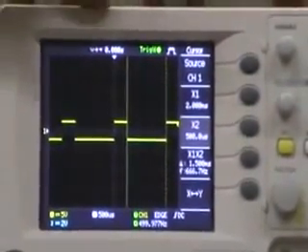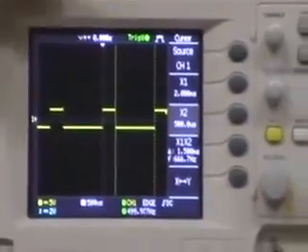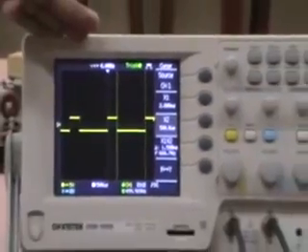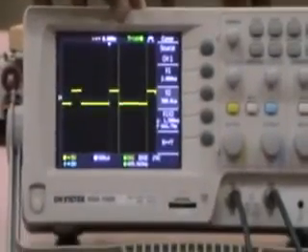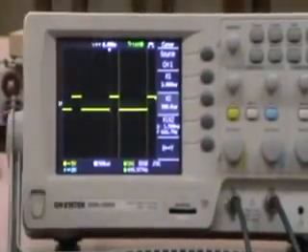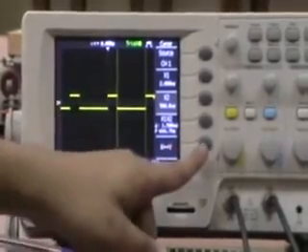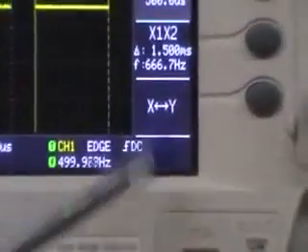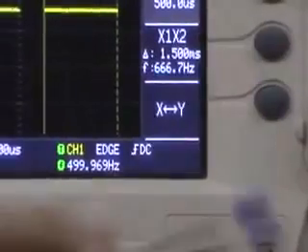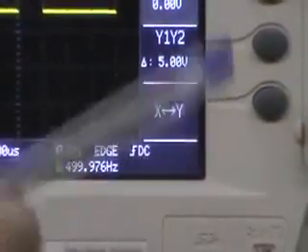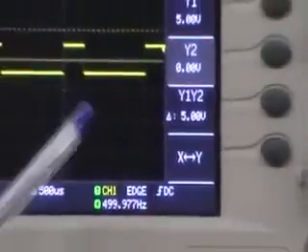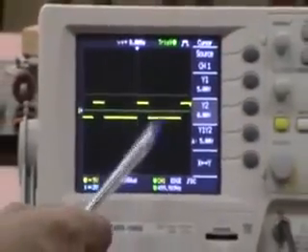Similarly, if you want to measure the values on the y-axis, that is the vertical amplitude axis, we again have to select this xy knob, which is being displayed over here. Selecting this xy, we can now measure for the vertical axis, that is the amplitude axis.